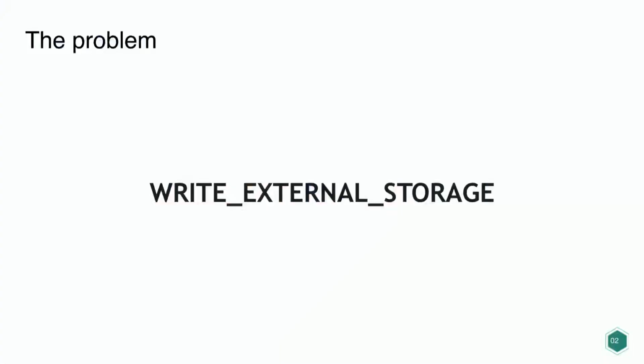But what was the problem in this case? Well, problem or feature, let's say. The problem was this line of code in the Android manifest file, write external storage. It's a permission that allows you to write and read from the external storage in the Android device. So every app can read and write in that storage. So you can imagine a malware on your device can overwrite, in that case, the Fortnite app and install malware on your device.